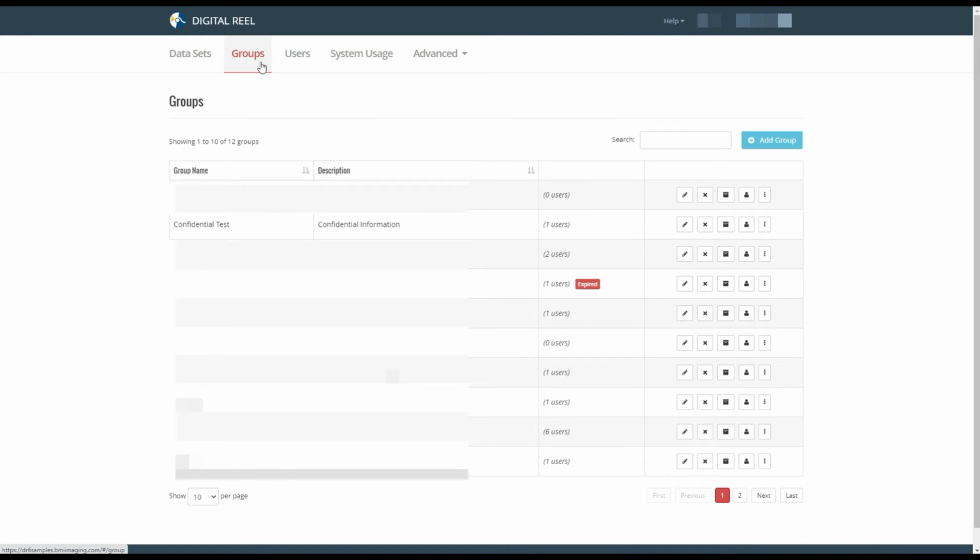But let's say you wanted to create a new group so only certain users could have access to a certain data set. You would have added the group, which you can see in our How to Create Groups video. And then when you have that group, let's say this one here, Confidential Test, you're going to go to the right, click on the Dataset button,